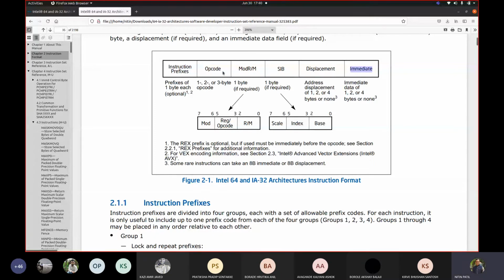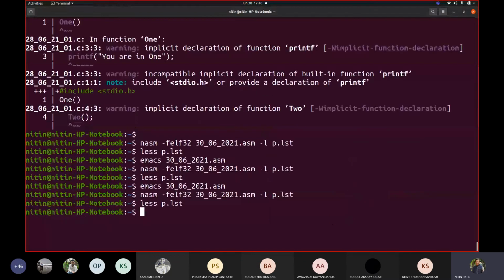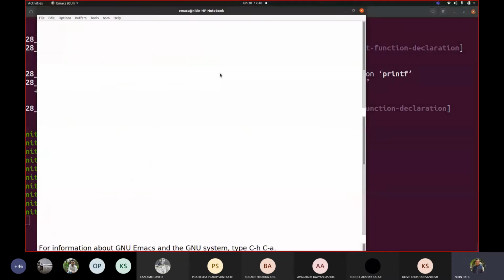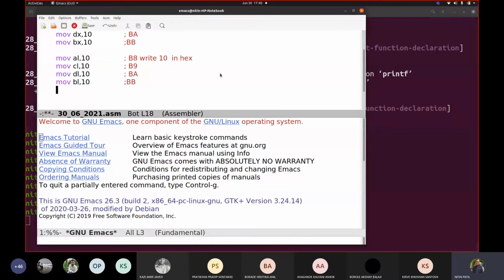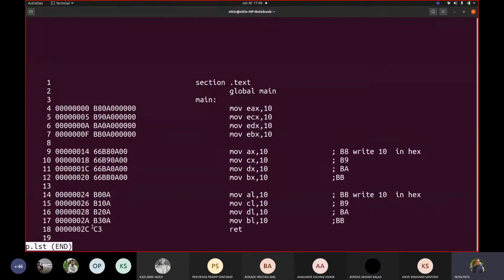Even everything can be optional. Only the opcode possibly could be there. This also you can see is optional, if required. Again, this would be if required, depending upon whether it is there at all. So the opcode would always be there, only 1 byte. Let me show you how that 1 byte can be added there. Only a 1-byte instruction. If I write here an instruction called return, RET, and translate this, you will see only the opcode. There is nothing other than that opcode.